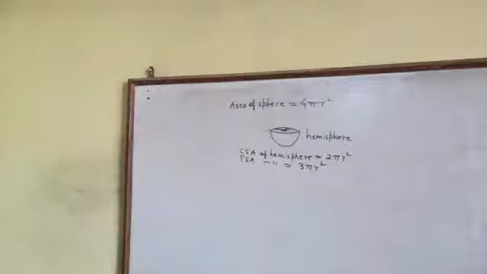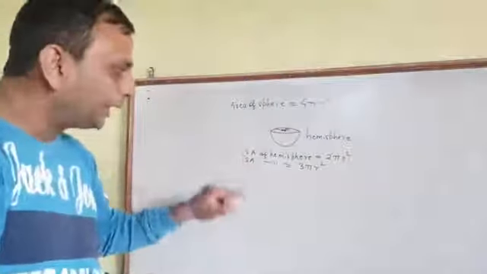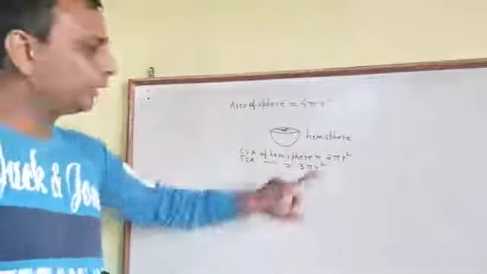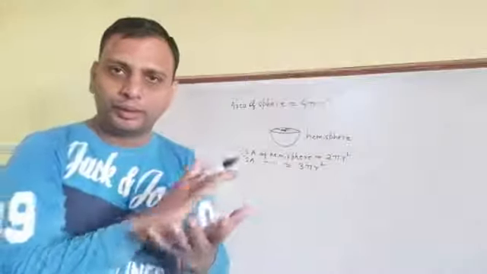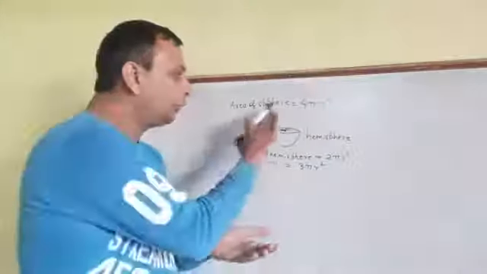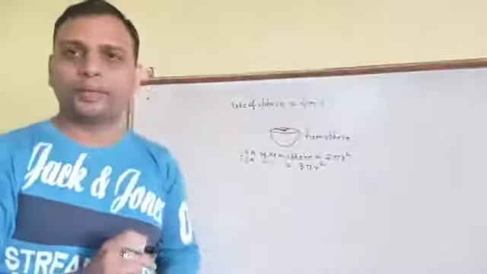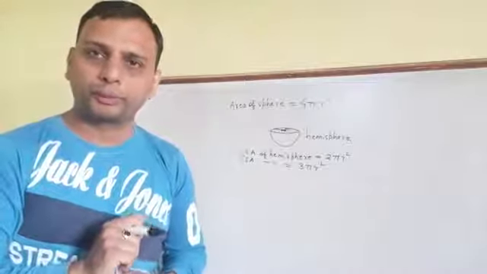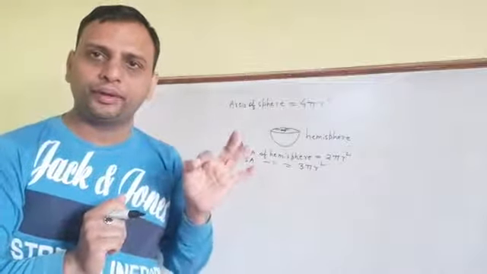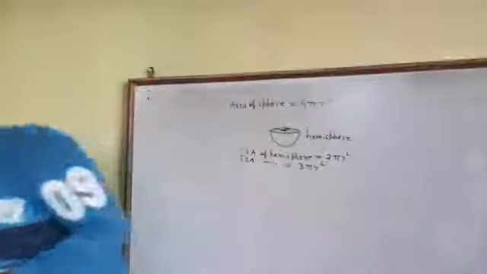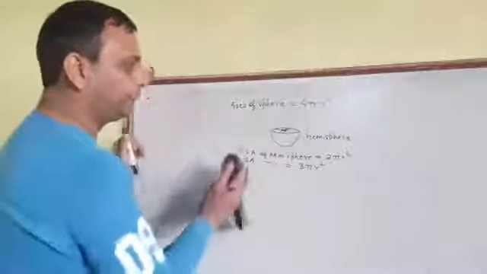I think you got it. What I have explained: the sphere is 4 pi r square, it consists of four circles. When I take the half sphere, it becomes a hemisphere. This is 2 pi r square. Then the total surface means when I take the half sphere, I use the top part also. The top part is the shape of a circle. So I am adding one more pi r square, and 3 pi r square will be the total surface of the hemisphere. So these are the three formulas that will be used in exercise number 13.4. This much you understood now: sphere, hemisphere, and the total surface of the hemisphere.